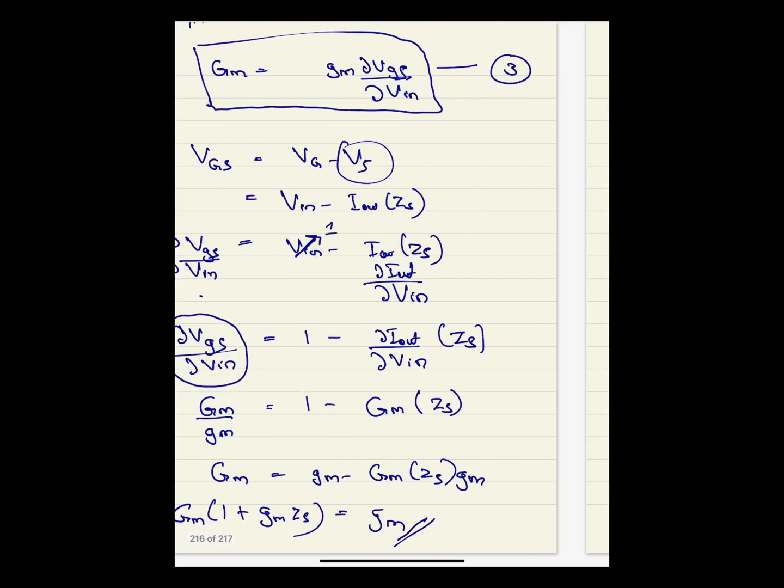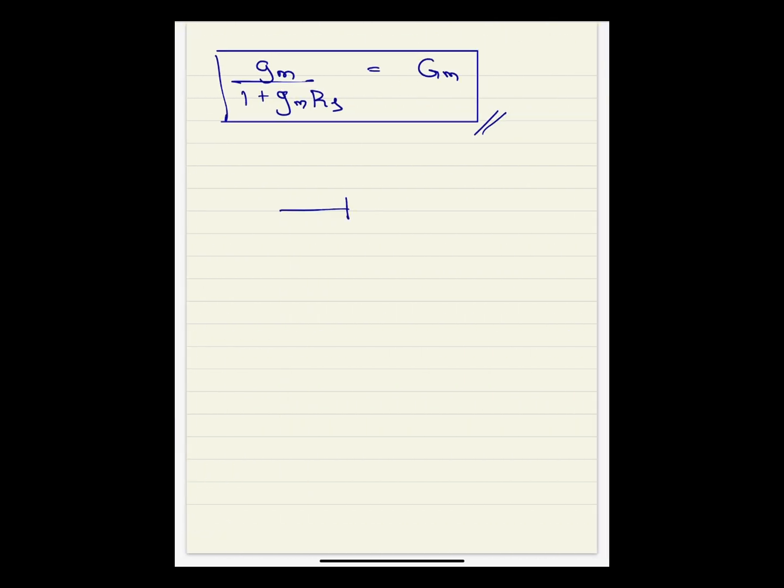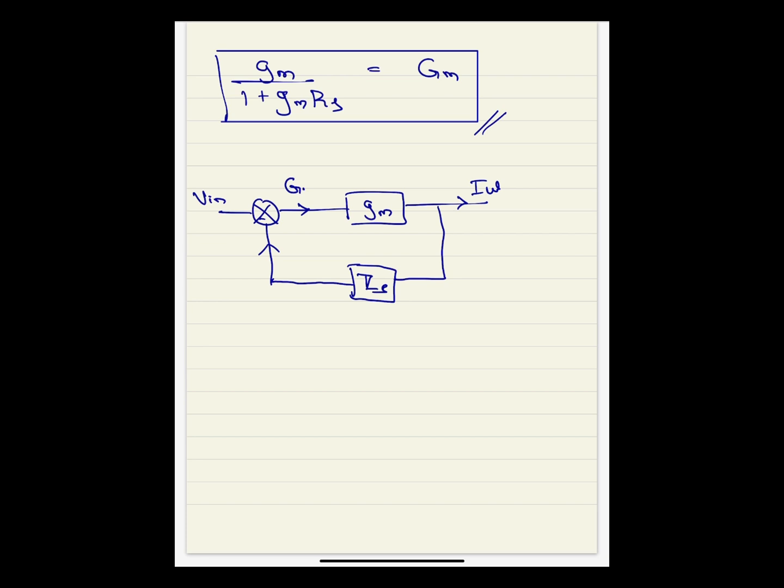So if I draw this, this would be gm, this would be Iout, and this would be the Rs or Zs, a negative feedback. This would be Vin, and this would be Gm. If you go back to the control system,